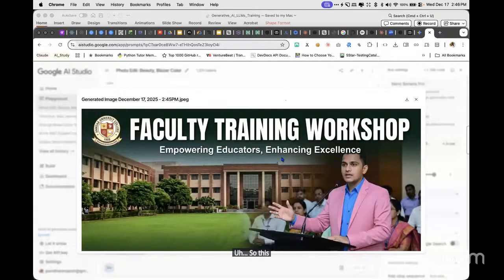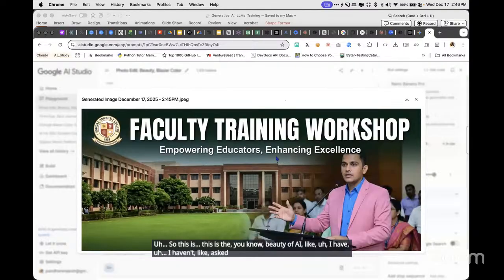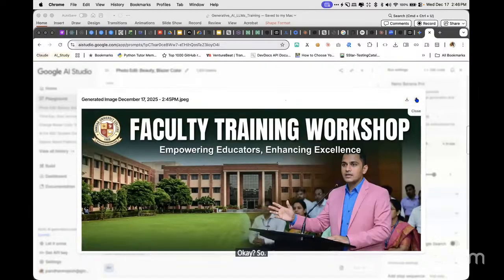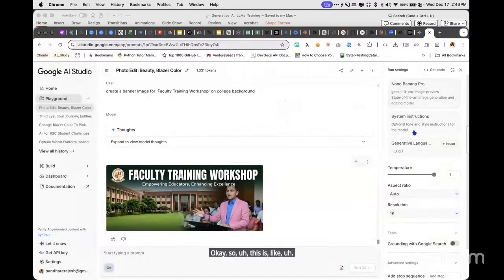So this is the beauty of AI. I haven't asked him to create it with my pic, but it has included my pic also, and the hands and everything he has generated. This is very good. The background characters are also generated. So this way you can enhance any presentation, or create any image, or fake any scene which is not real. Okay, so this is the most advanced image modification model, Nano Banana Pro,